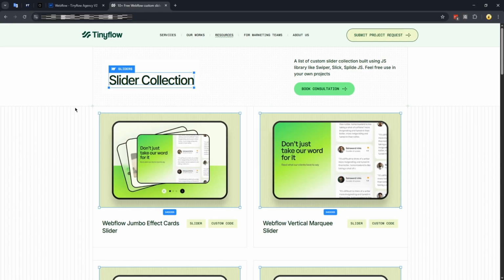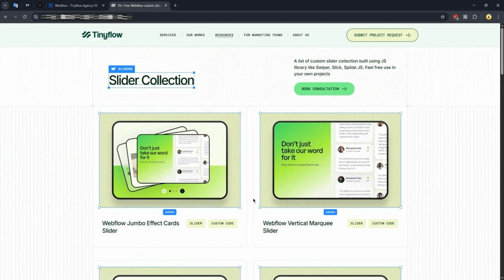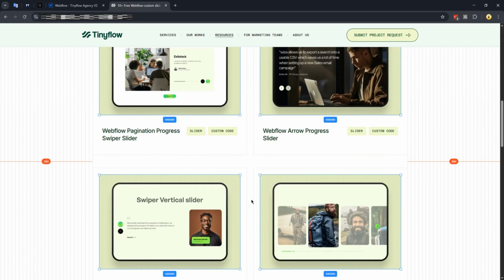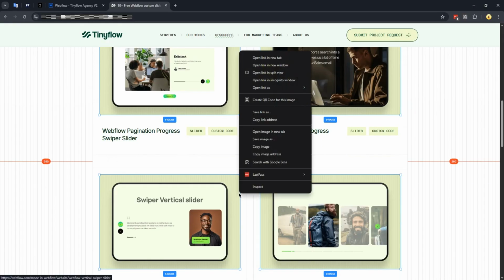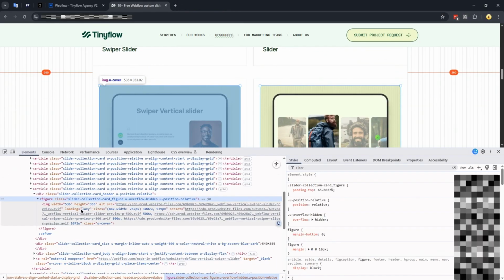Well, let me show you my exact scenario. Looking at this page, right inside our very first viewport, see these two items right here? That's two images. The rest of the images are pushed down outside the viewport, which means images at the very top load much faster if we set them to eager. And the ones outside the viewport? Those should just stay as lazy load. Now, by default, Webflow sets all of these to lazy load.